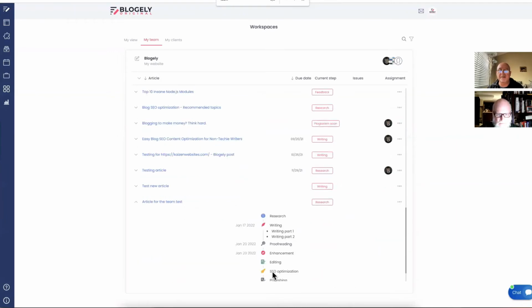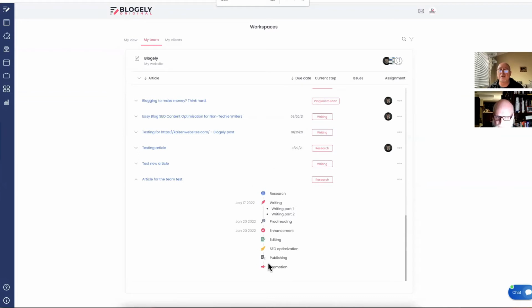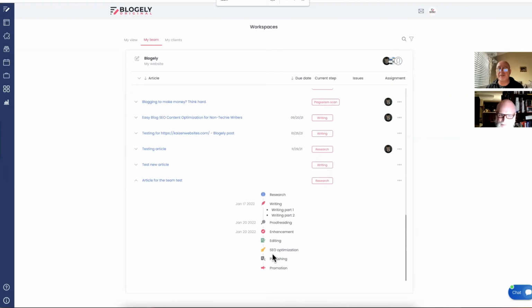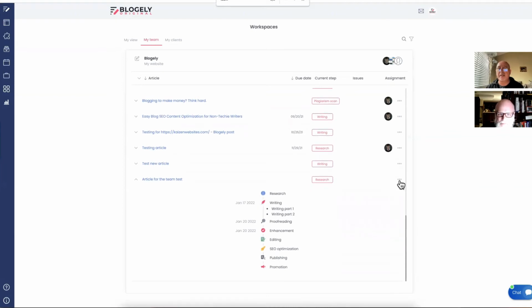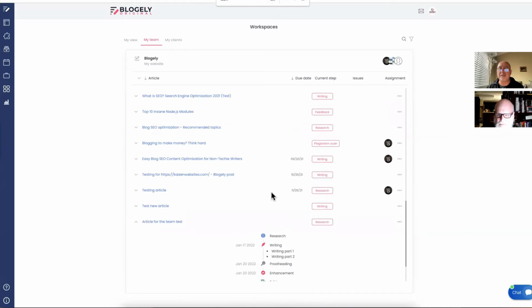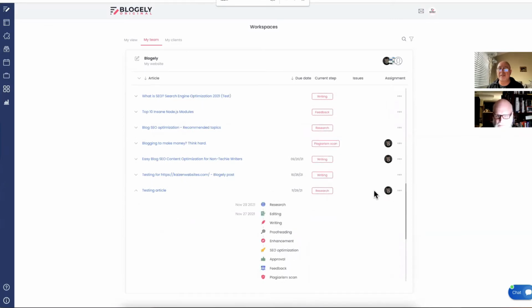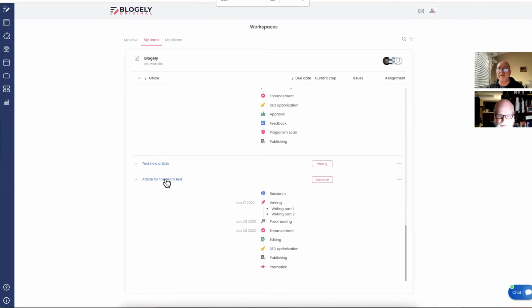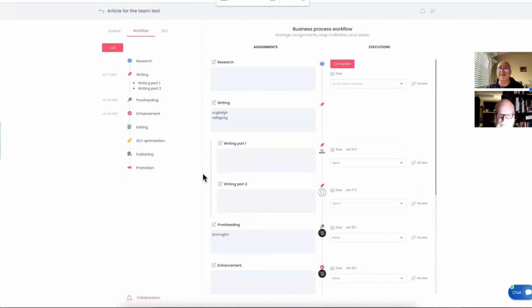If I click on that, you can see it's expanding and showing me the outline and the workflow that needs to be done. So I know exactly the dates and I know exactly what is required. For this particular step no one was assigned, so I don't see any face here, but for this one, where someone was assigned, you could see the person responsible. So to enter the actual article, I can just simply click on that. I'm going directly into this view. I don't need to go back and forth between the content page.